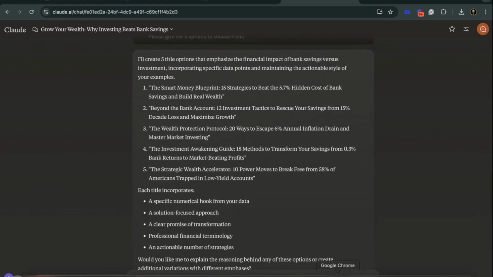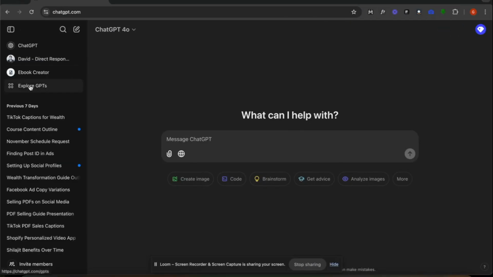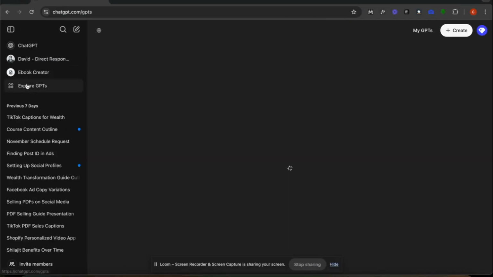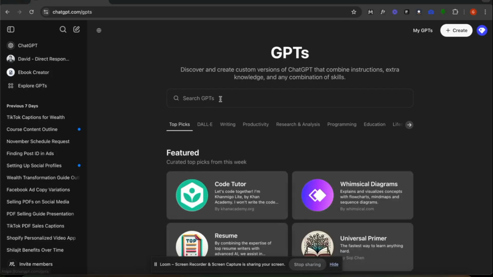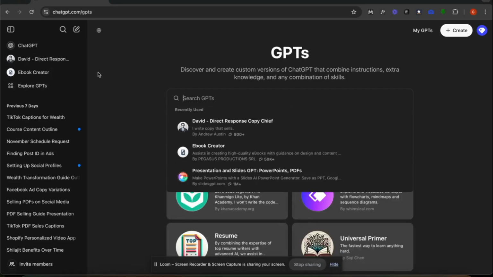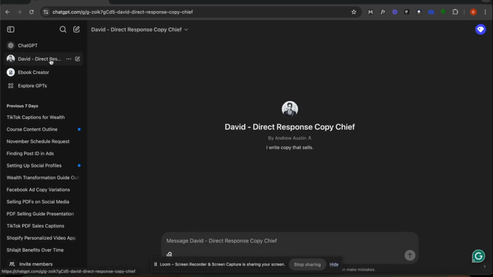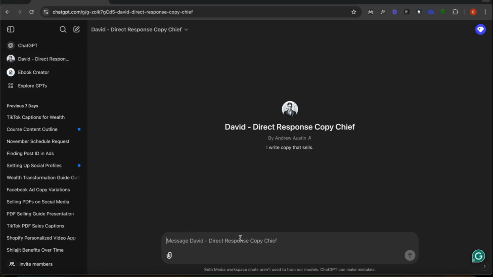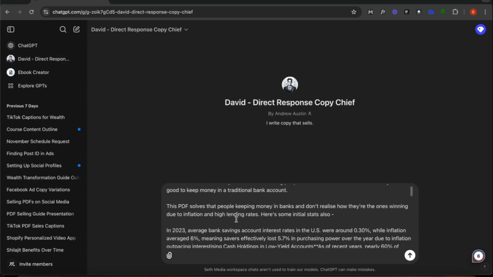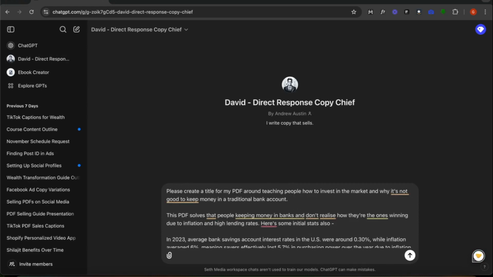Now I'm just going to show you the ChatGPT one. When you go over to ChatGPT, it's all about the GPT that you use. If I go to explore GPTs, you can find a copywriting one. The one I use is called David Direct Response Copy Chief. I've tested a ton, and this is by far the best on ChatGPT. So if I put in the same here, what I am also going to add is that the title